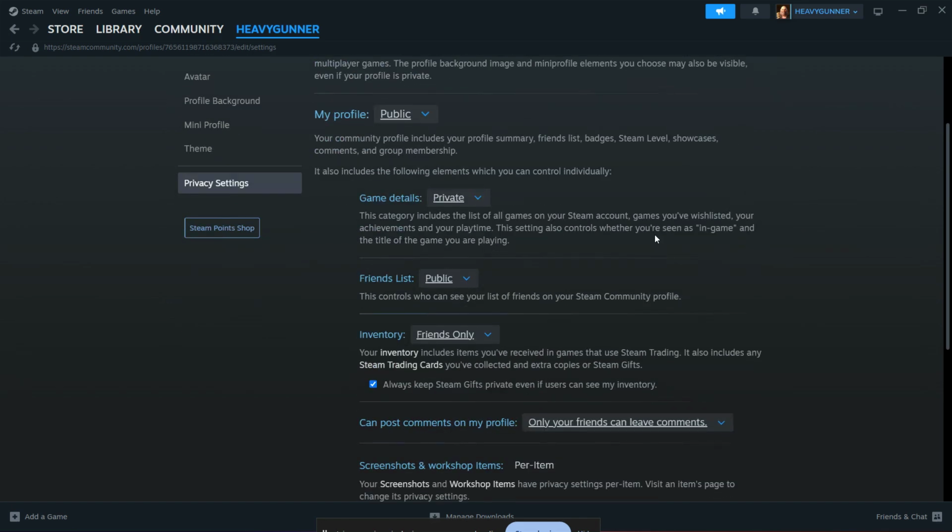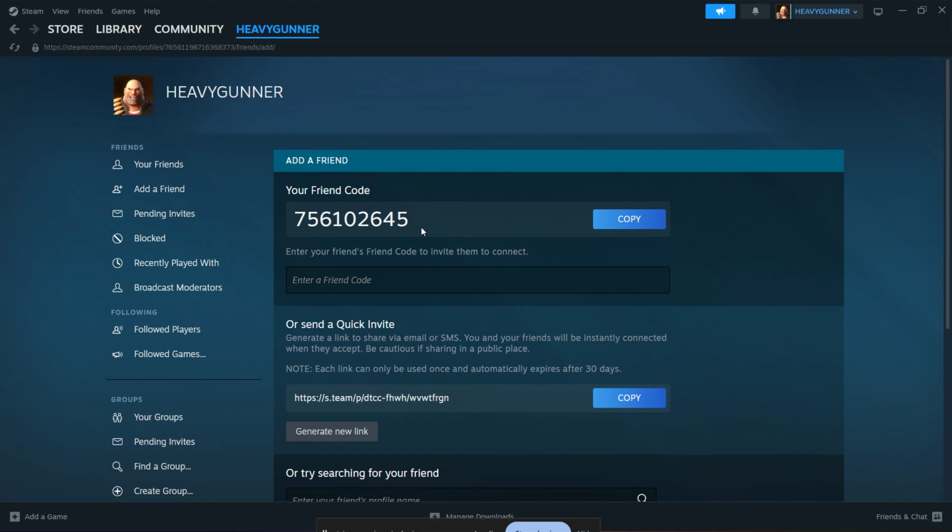Another very reliable method is to add friends using a friend code instead of searching by name. This is especially helpful because display names are often unreliable on Steam. There can be thousands of users with the same name, so searching manually may bring up the wrong person or no useful result at all. On the Add a Friend page, Steam shows a unique 8-digit friend code. Ask your friend to send you their code, then enter it into the Enter a Friend code box and press Enter. This is one of the most accurate ways to connect with the right person, especially if search results are